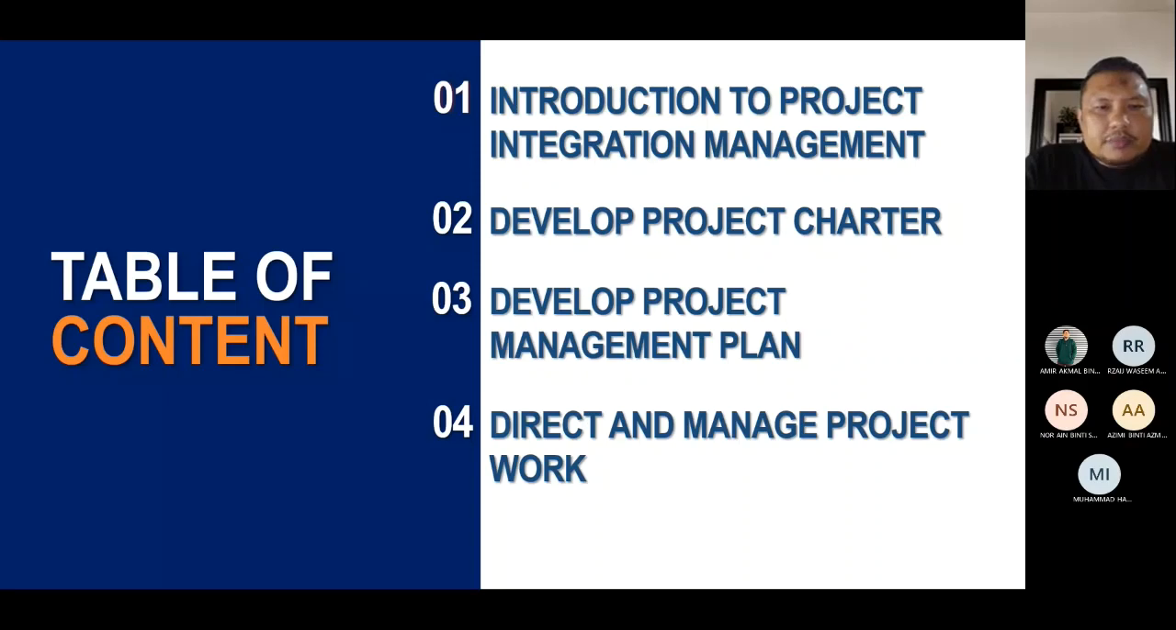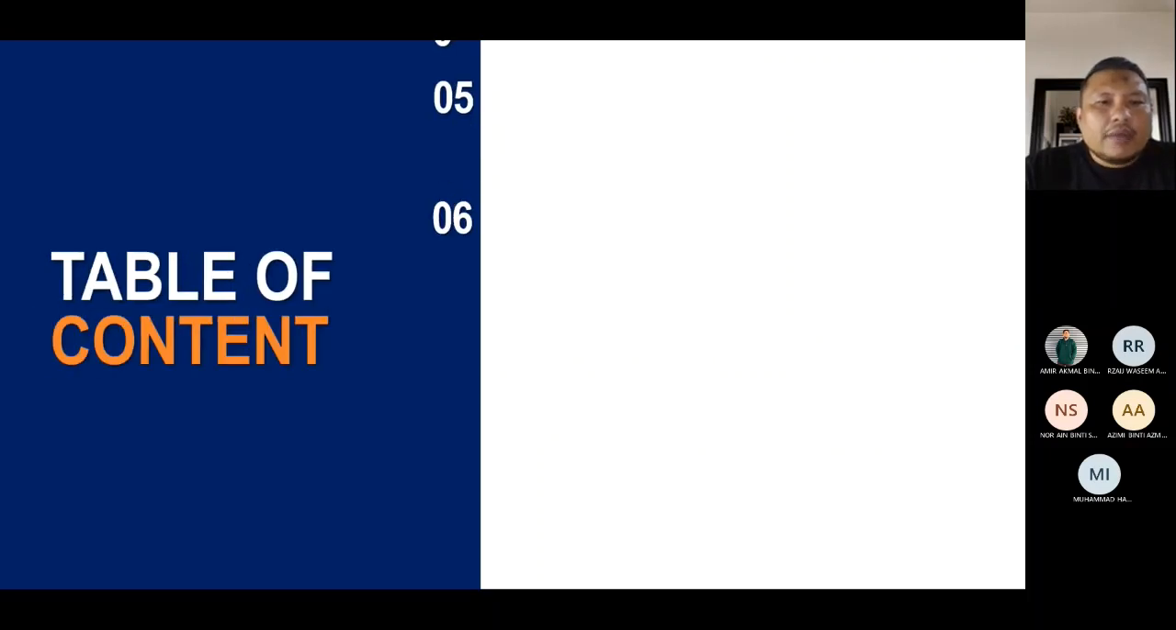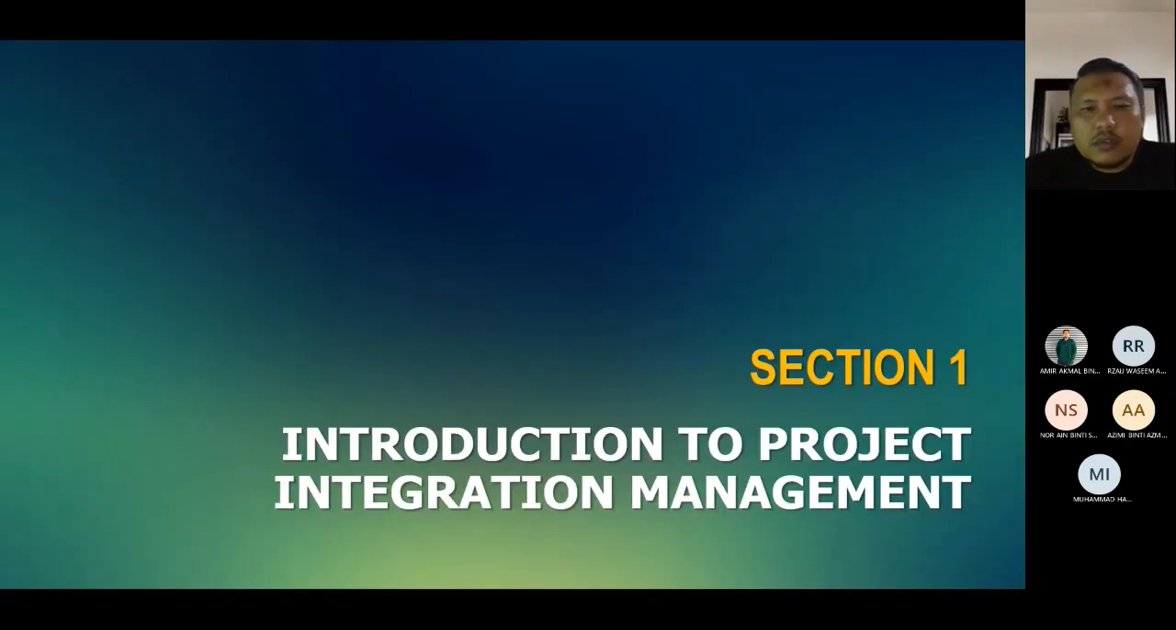Number 3, develop the project management plan. The 4th is direct and manage the project work. After that, we continue with manage the project knowledge, and then we perform integrated change control, and last one, we close the project or phase. All right. We start with this